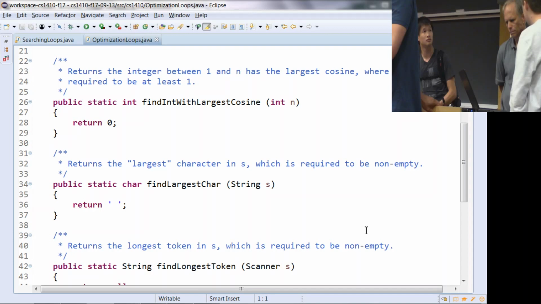Okay, so here we are. We want to write some accumulation loops. And again, the bones of it are the same as for all the other loops. So we start with an enumeration loop, and then we elaborate a bit. So for integers, it's going to look, in this case, like we're